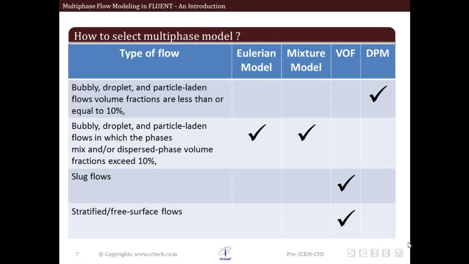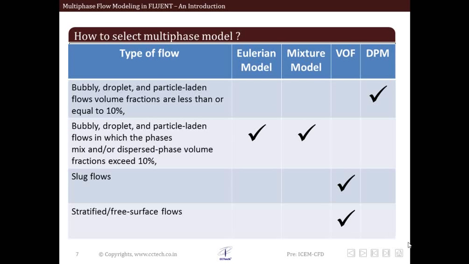What we have seen are the different types of multiphase flow modeling options available in the commercial software FLUENT. When we sit to simulate our particular problem, the first question that comes to our mind is, which model do I use for this particular multiphase flow problem? To resolve this question, there are various guidelines presented within multiphase flow literature as well as within the FLUENT user's guide and theory guide, and these guidelines are generally followed for selecting a multiphase flow model. So a type of matrix is available for us to select different multiphase flow models depending upon what type of flow regime exists in our problem,